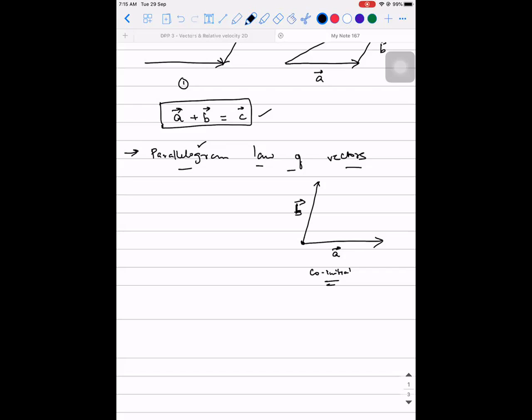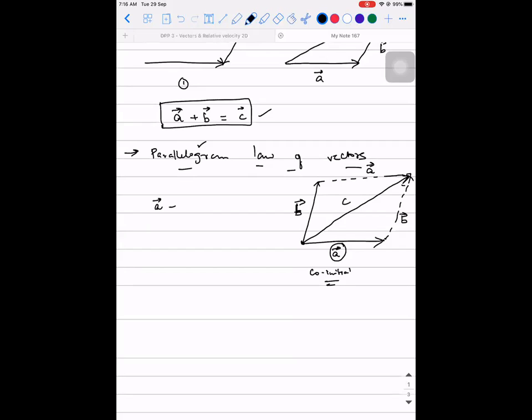So if you have two co-initial vectors, let's say A vector and B vector are given to us, then what will be the resultant of it? It will be somewhere between A and B, and that is nothing but, if you are able to construct a parallelogram by considering two other vectors which are exactly parallel to A vector, which means this is also A vector, and parallel to B vector, where this is also B vector, then the diagonal gives you the resultant of these two. If I take this as R, or I will call it C,